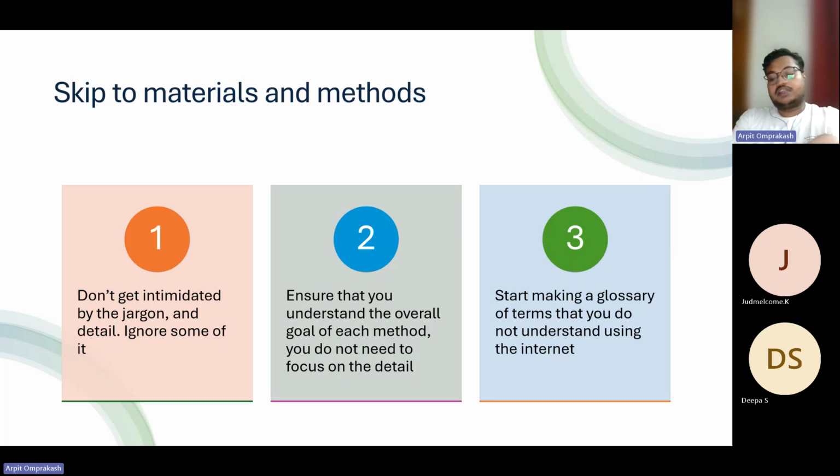The next thing after reading the title and abstract is to skip to materials and methods. Once you read the abstract, you have a basic idea of the background, why they are doing the research, and a brief overview of what they did and what they found out. Now, when you go to the materials and methods, you can see in detail what they are doing. It's not important for you to understand all that detail, but have an overview of what exactly they are doing. So, for example,